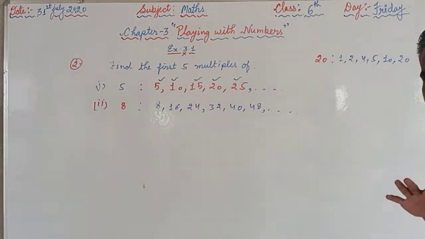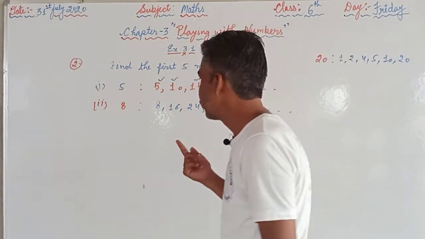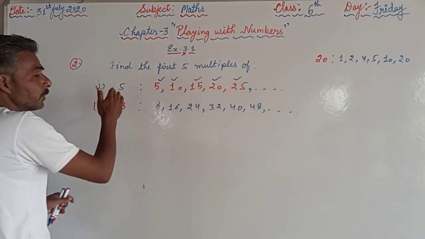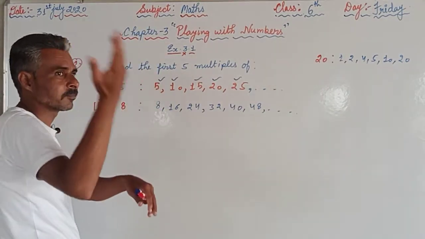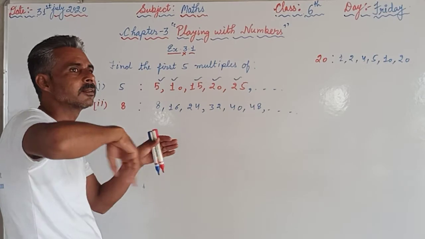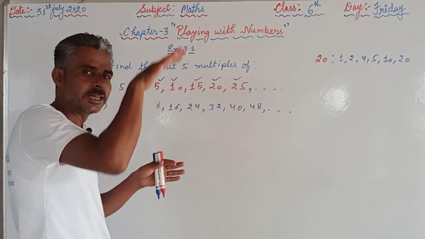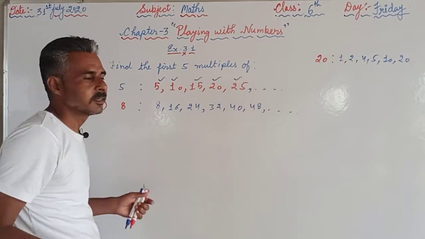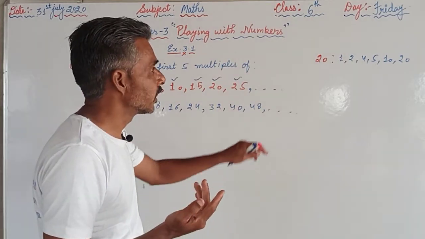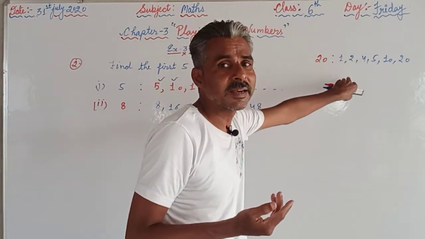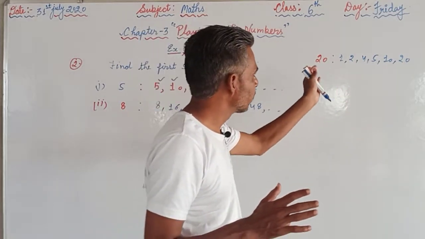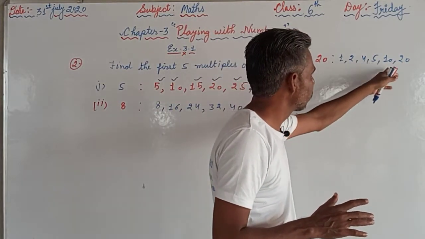जिसके फैक्टर हैं उससे बड़े फैक्टर्स नहीं हो सकते हैं. Here the multiples will either be equal or more. मल्टीपल्स या तो इक्वल होंगे या लार्जर होंगे, फैक्टर्स या इक्वल होंगे या स्मॉलर होंगे. So this is a difference between the factors and multiples. Second difference is there will be a finite number of factors. फिक्स नंबर है कि कितने फैक्टर होंगे 20 के, 1 2 3 4 5 6.